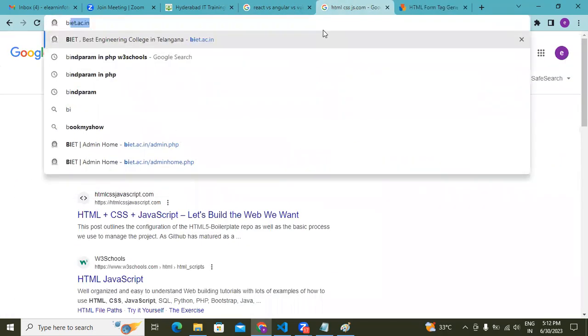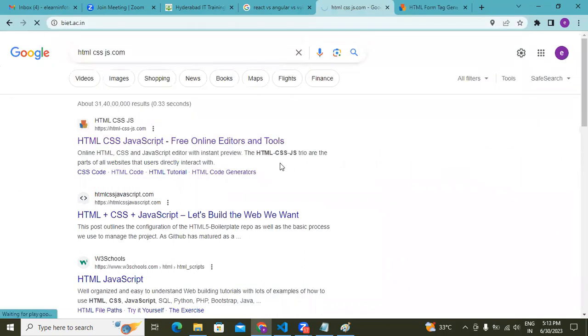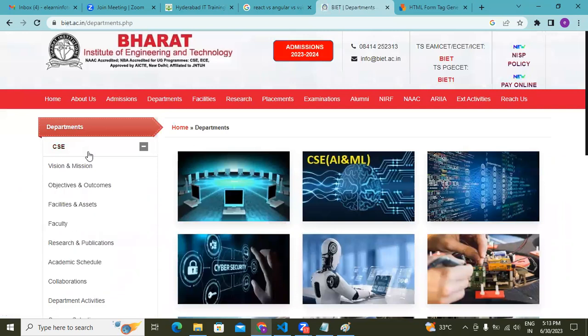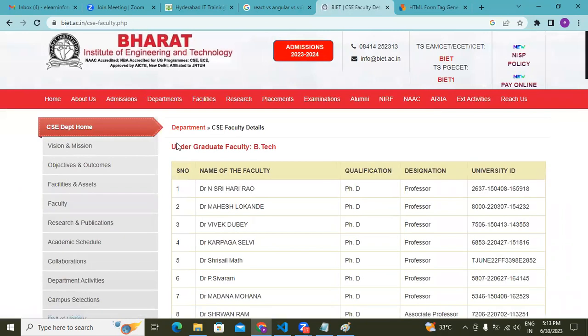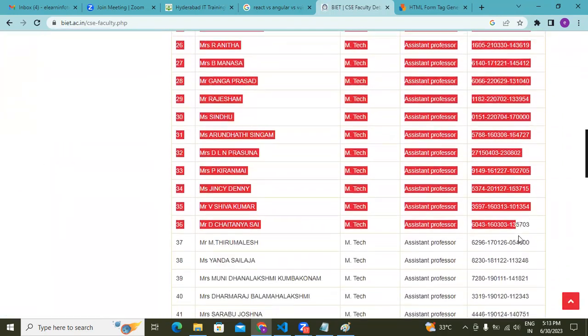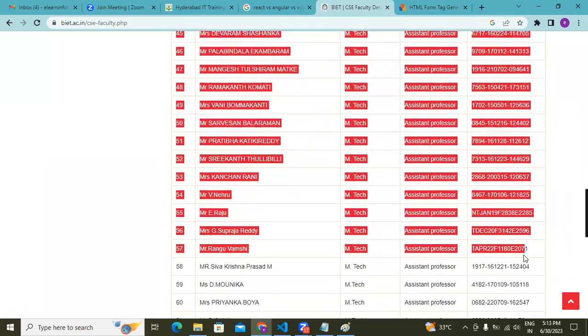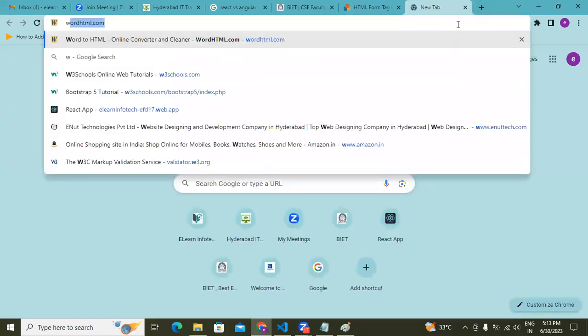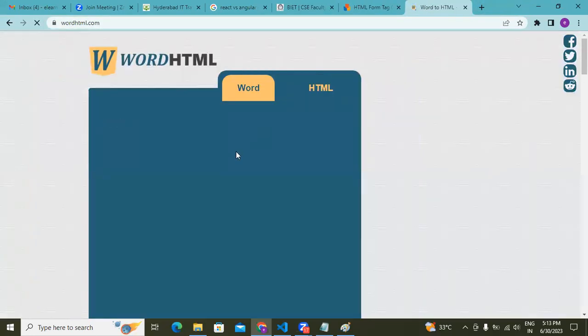Okay. I will show you one more tool also so that you will get more clarity. Now I am opening one engineering college website. Here we have some table creation. You can observe here, if you want to create this much of table, this data we are getting from the client only, from the college only. If I want to create these kinds of tables also, I can again use here